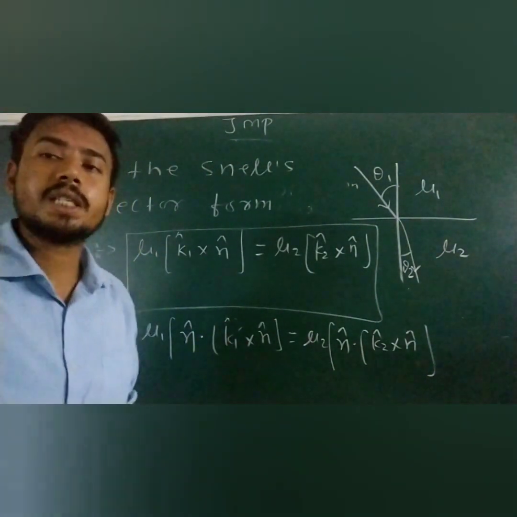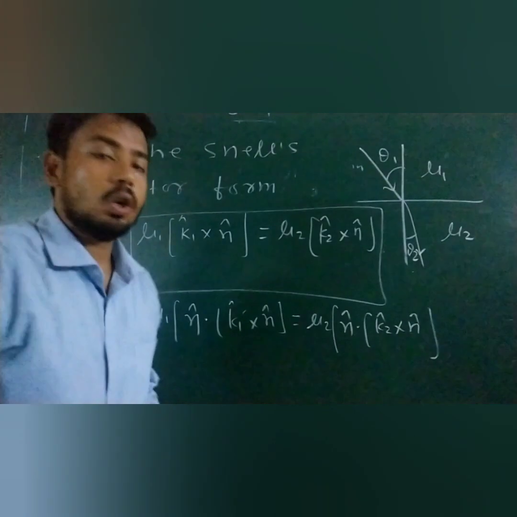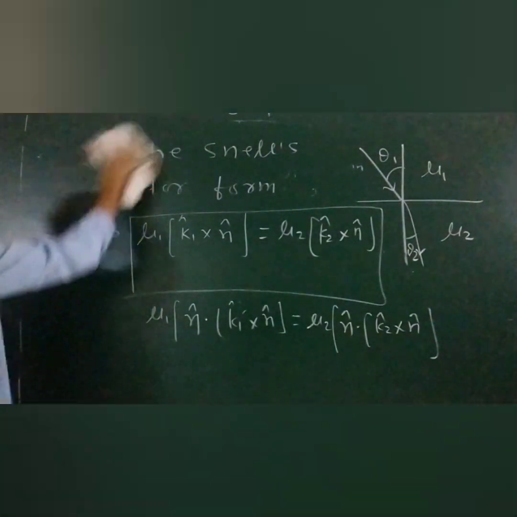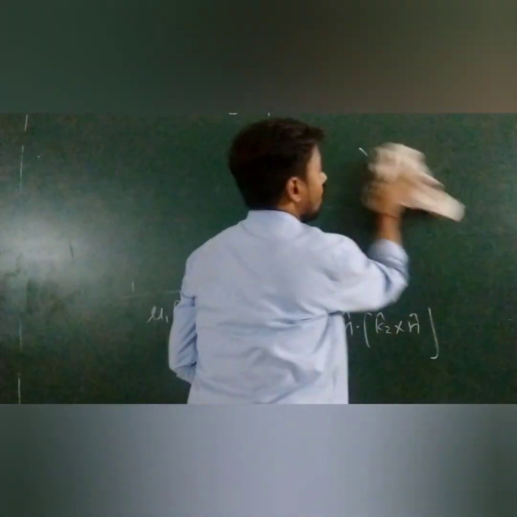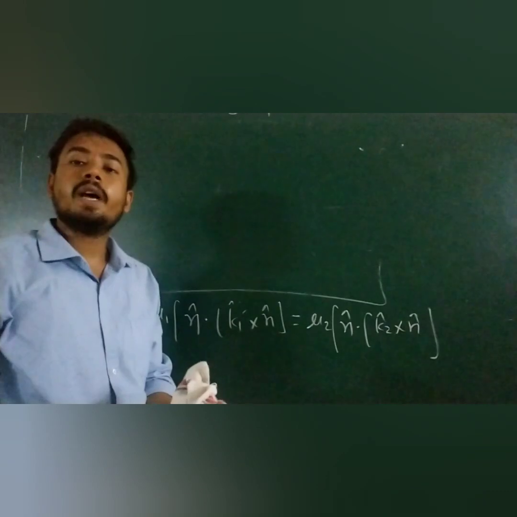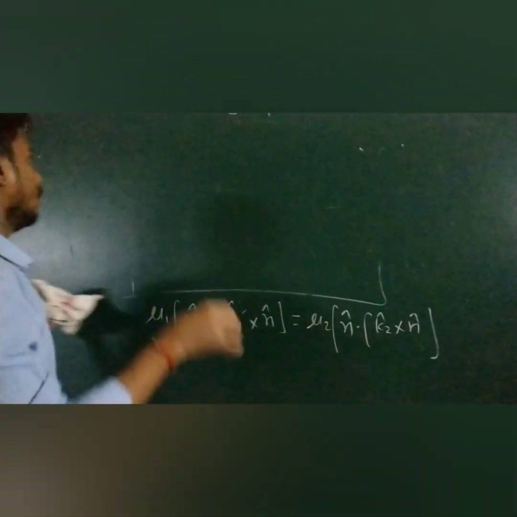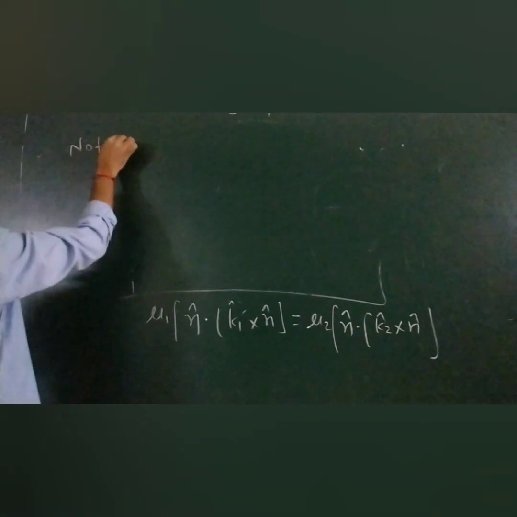It means nothing changed here, right? Because both equations are still equal to each other. So can I write this one? Here we have to apply the concept of vector triple product. See, I am writing one note here. You should also write this down.